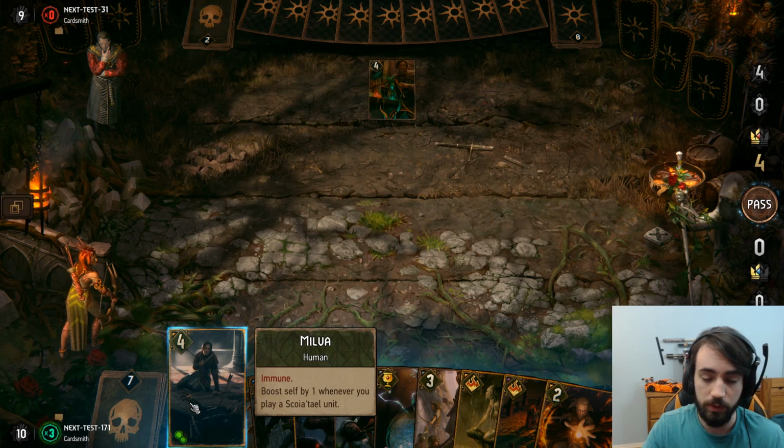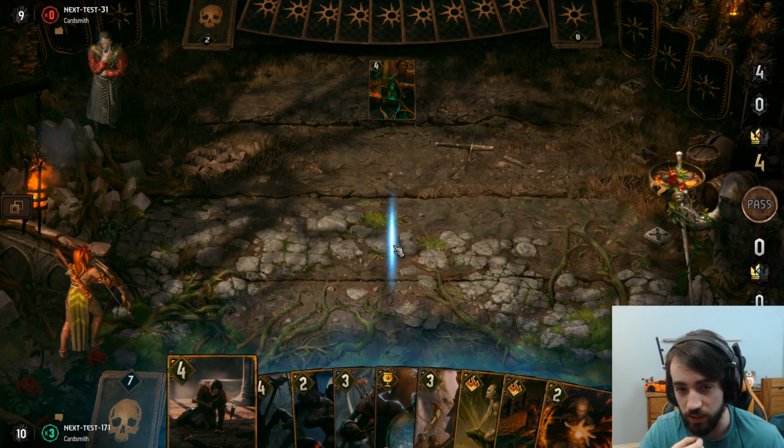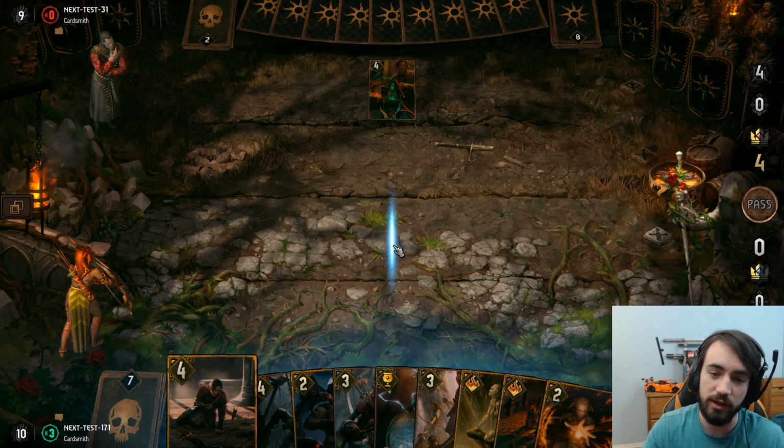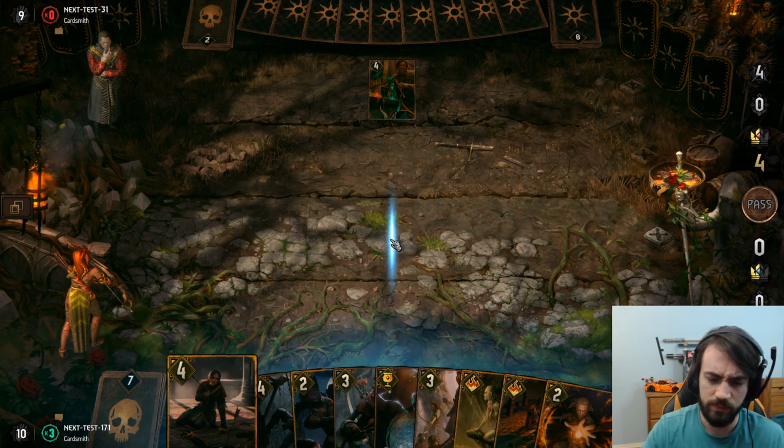We'll go ahead and open with Milva. The only reason this is bad is if he plays a card like Epidemic, but Epidemic wouldn't trigger. I mean, it would trigger here, but he'd sack his own card, and I don't think he'd play Epidemic in that deck. As far as row placement,